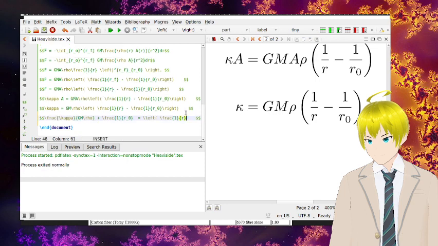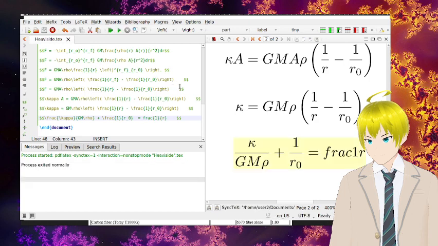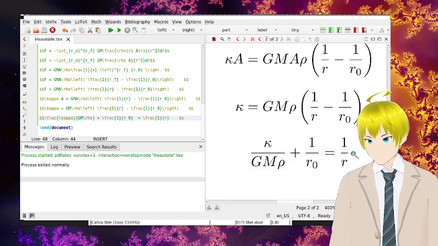Oh yeah, okay, we got it. Equals 1 over R. Then we have to flip these. It's just some algebra. So R equals,